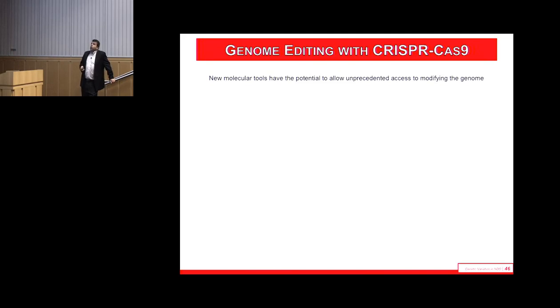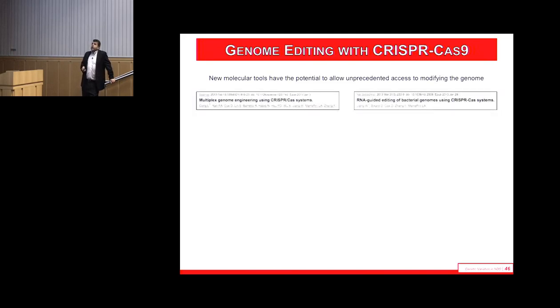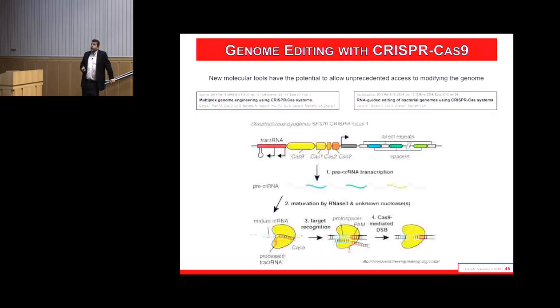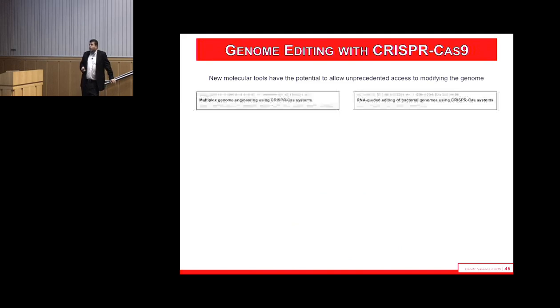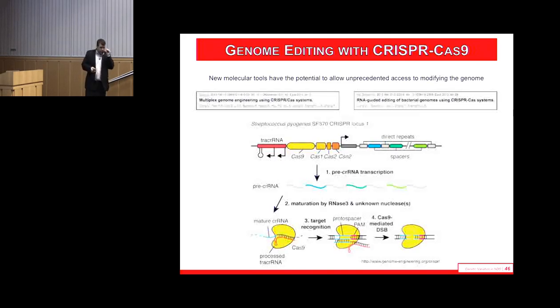So we had done a series of genome editing studies with CRISPR-Cas9. I'm assuming everybody knows about CRISPR and Cas9. The idea is we design a guide RNA targeted to the genome. We use a Cas9 endonuclease to create a double-strand break. You rely on non-homologous repair to repair that break, and in a certain percentage of the time, that will go wrong and leave you with a small indel or a point mutation.